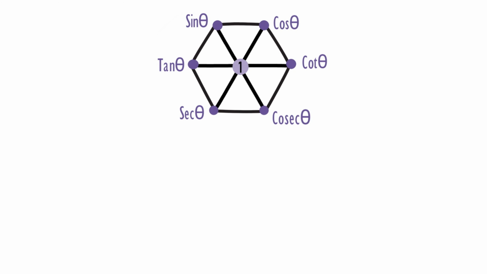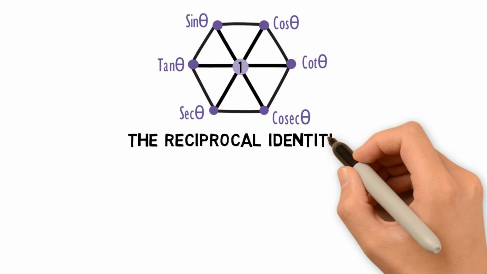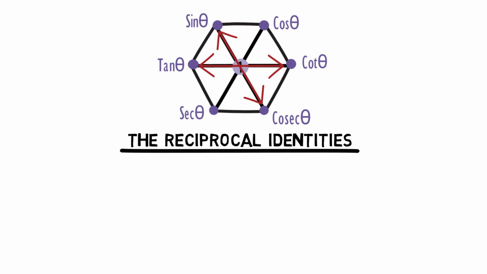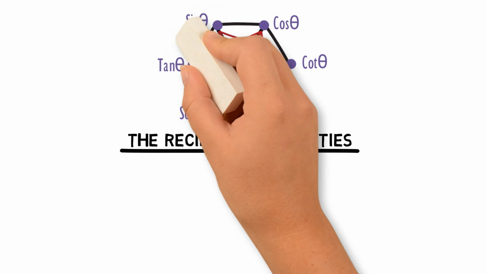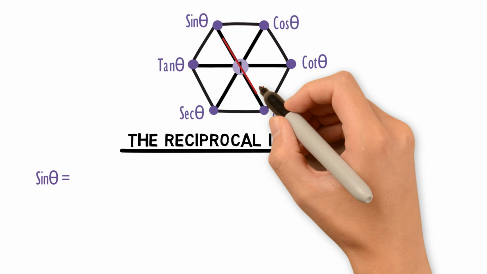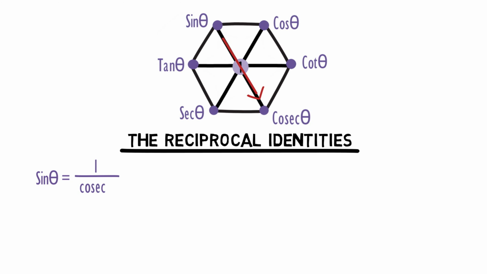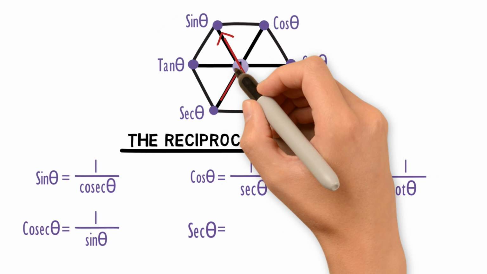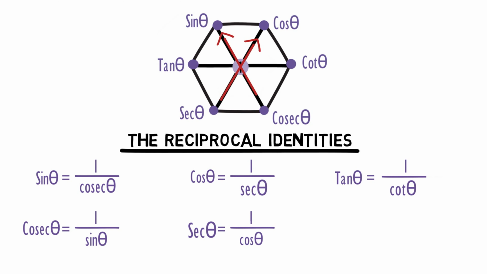Let us start with the easiest identities, the reciprocals. If you go along the diagonals, you can see that each function is reciprocal of the function opposite it. Therefore, sine theta equals 1 upon cosec theta, cos theta equals 1 upon sec theta, tan theta equals 1 upon cot theta,